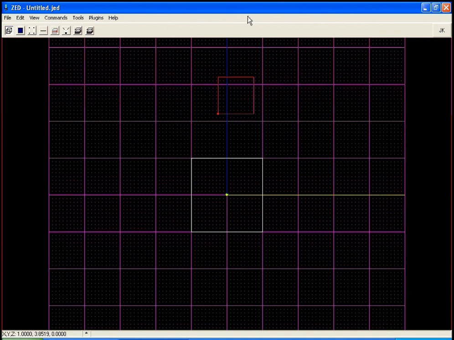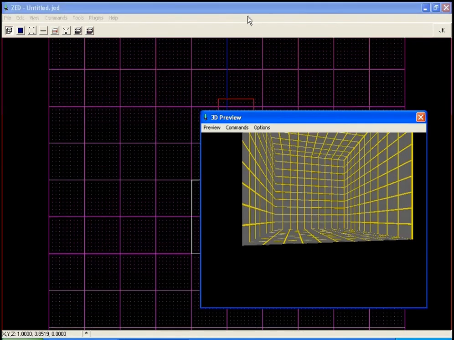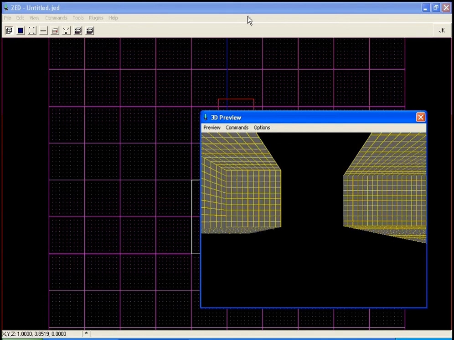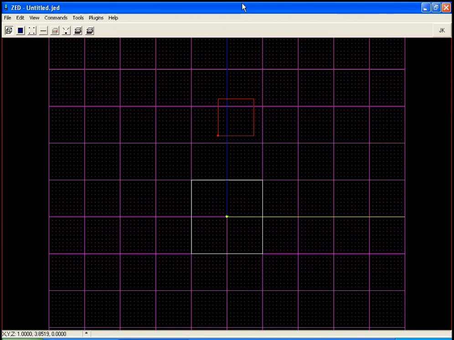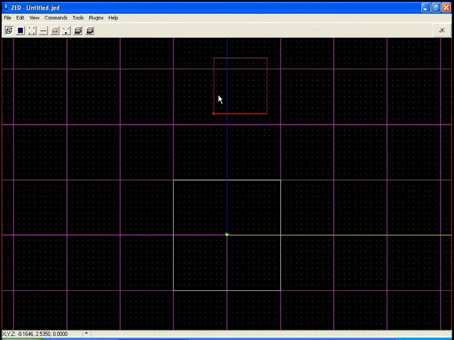Now, as you may have noticed, there is nothing in between the two sectors, no way to walk from one sector to the other. We are going to create a very simplistic hallway to connect them. First off, we are going to drag this sector so we can align it properly for connecting. To do this, we are going to hit the Control key, and while holding Control, click and drag on the sector. We're going to move it down to this line and center it